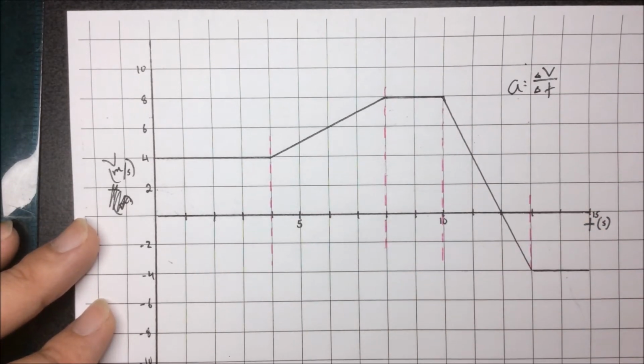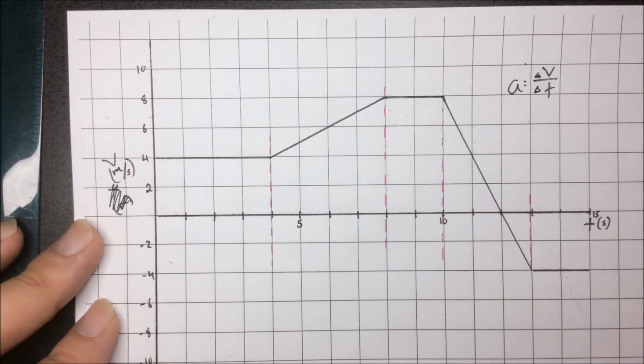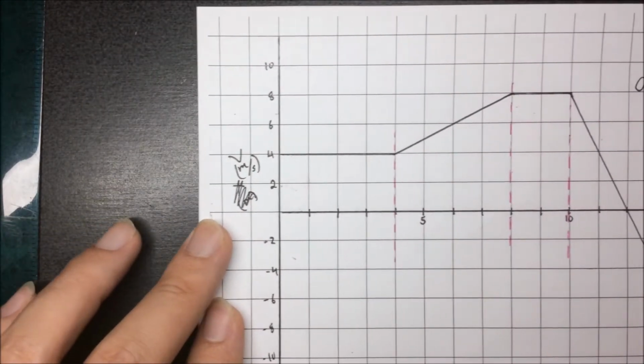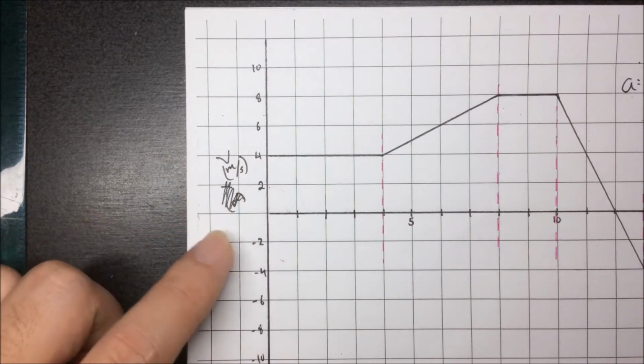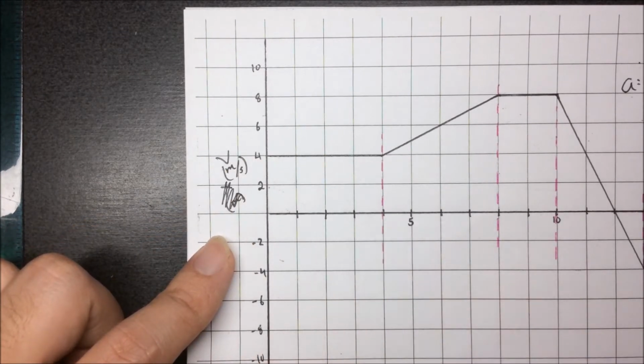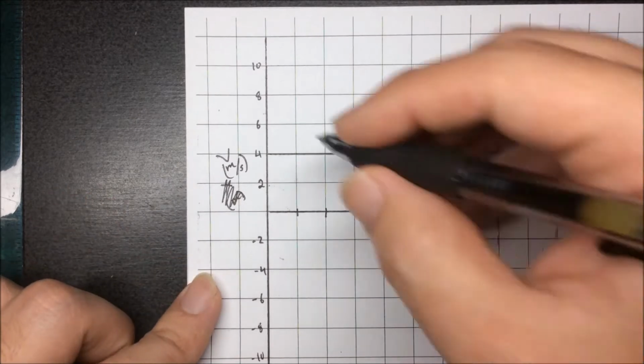So taking a look, we got some object, I don't know what it is, but we're going to look at it piece by piece and then put it all together. So this first section here, we have this object moving at a constant 4 meters per second for 1, 2, 3, 4 seconds. So if you go 4 meters per second